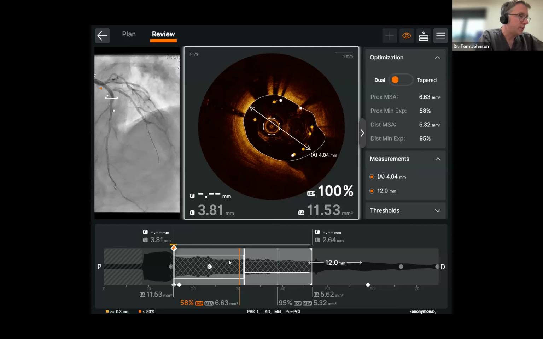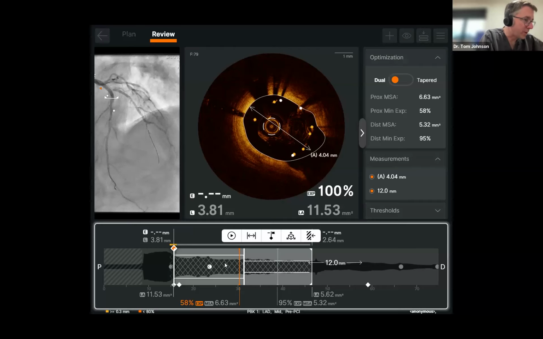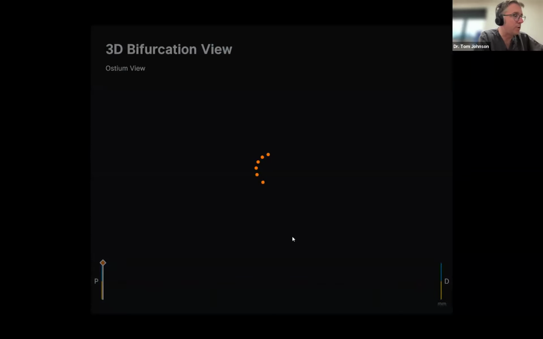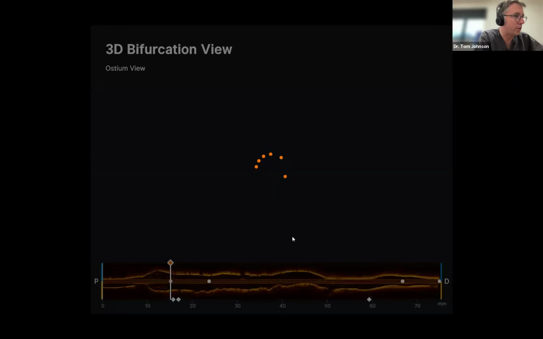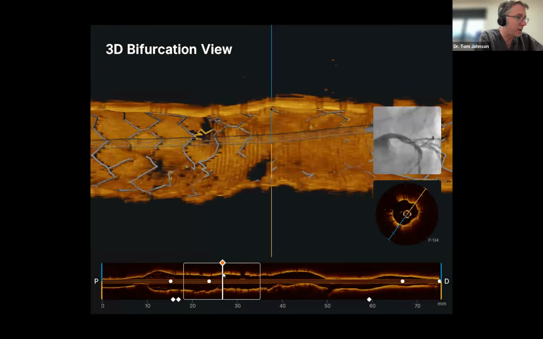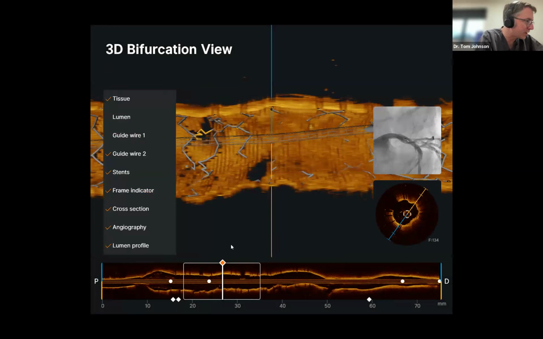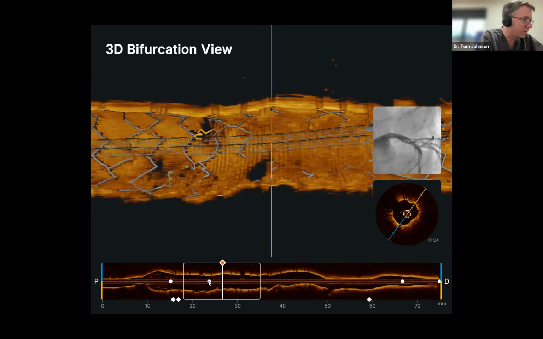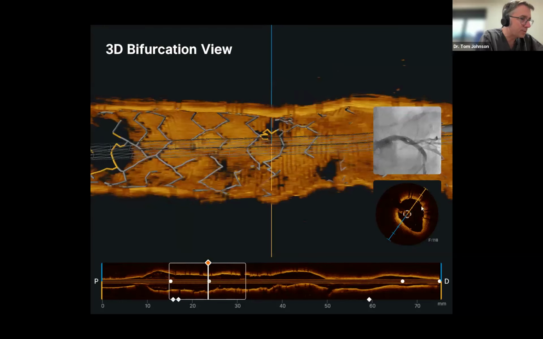The only other consideration, and I'm sorry to bombard you with information, is to look at the 3D mode to consider that wire cross that we passed. You'll see that this new software creates really very beautiful imaging. Let's check that we've got both the guide wires evident. So if we want to look at that cross,